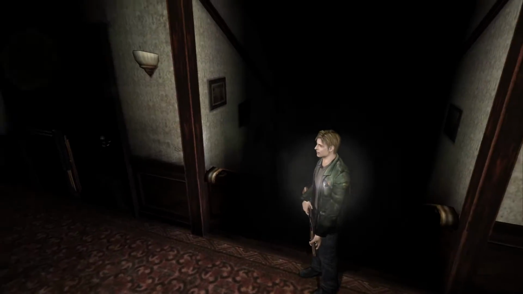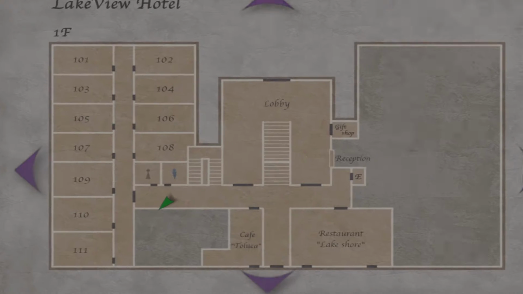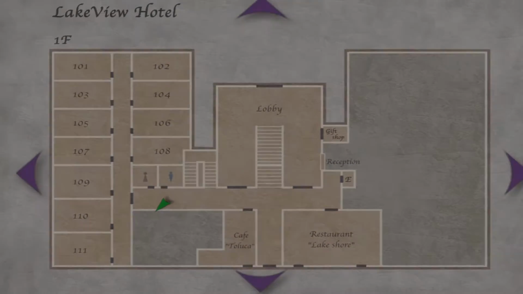Now we want to run all the way. Come on, camera, work with me. We're gonna run all the way over here. This room is not marked on the map. Fun fact, see, there's no door for this. So yeah. But in here,